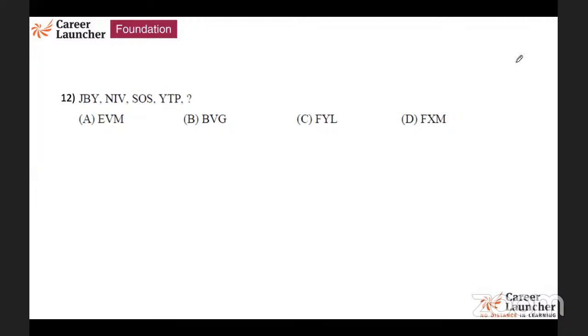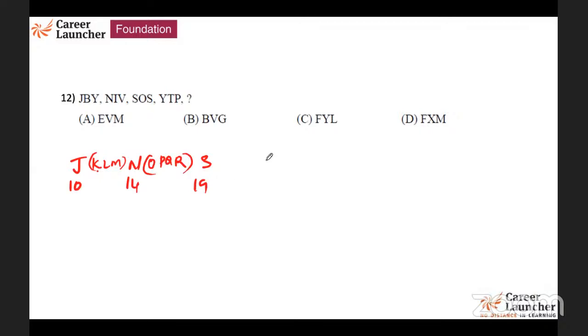This is not that easy. Look at it. J to N. J is 10. N is 14. This is a 3 gap here. J, K, L, M. K, L, M. This is a 3 gap here. Then N to S. S is what? 19. Here I have 4 gaps. N, O, P, Q, R. This is a 4 gap.